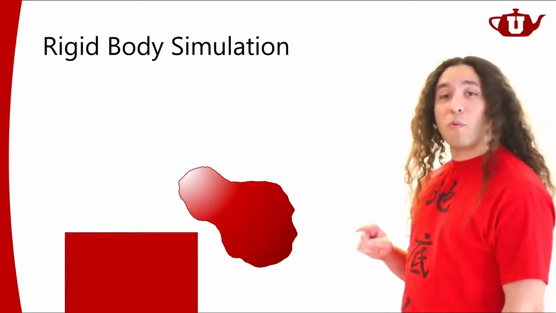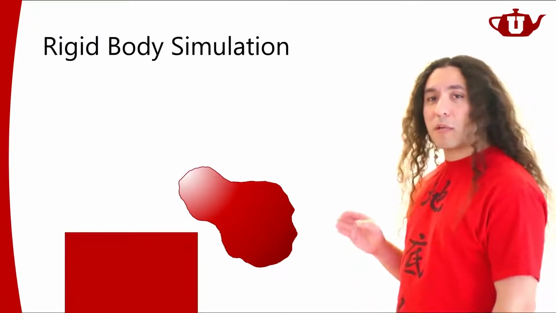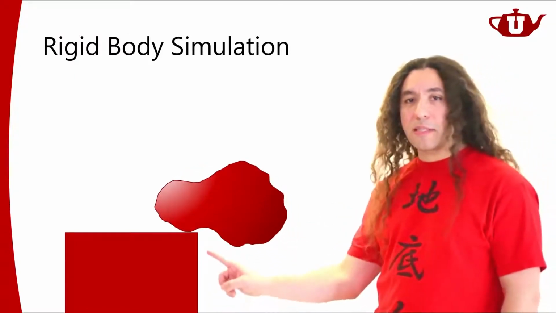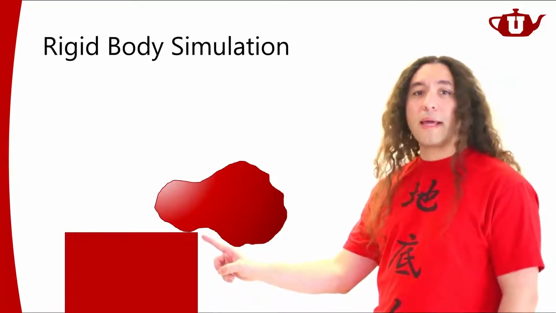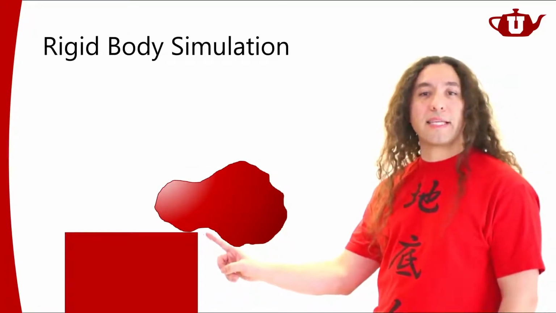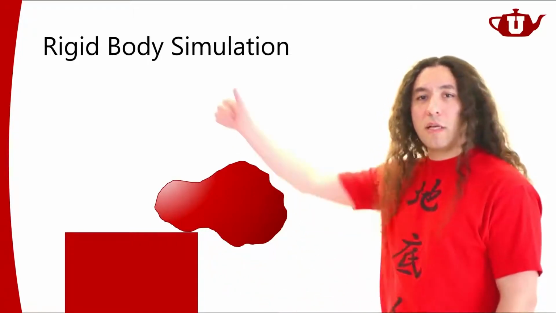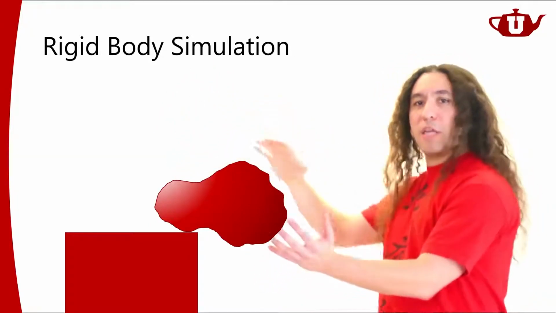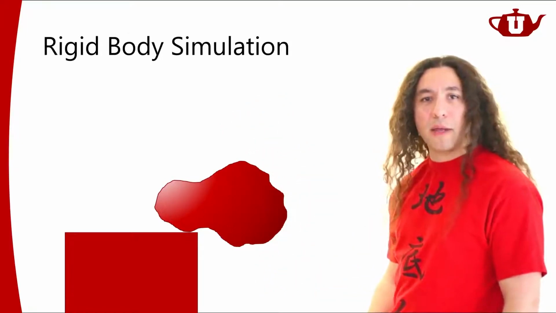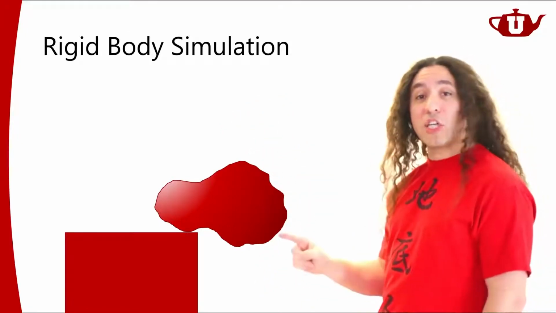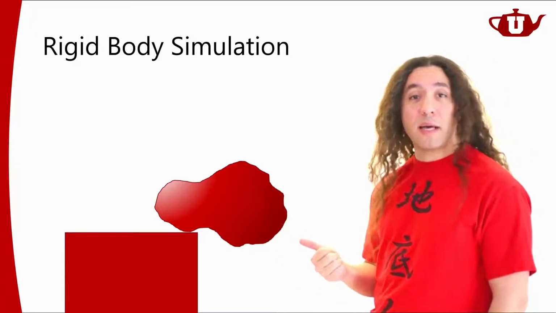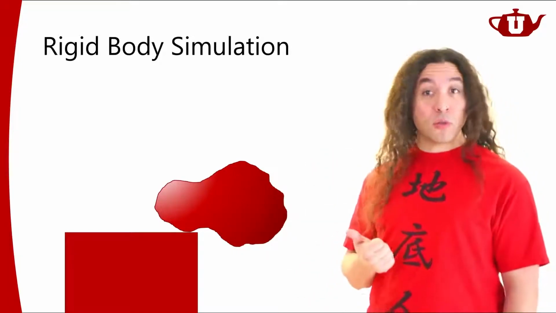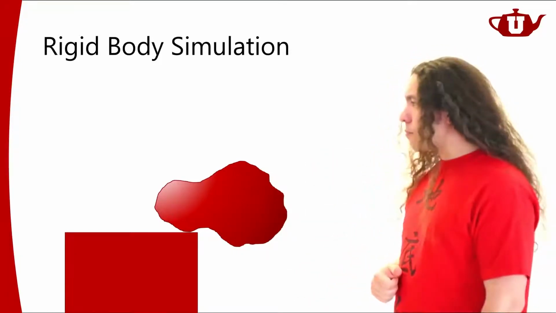So what will define what's going to happen to this object when there's a collision is where exactly this collision happens. In this case, over here. So there's going to be collision forces applied at this point in the normal direction. There's going to be some force pushing it up in this direction, and that's going to create a rotation of the rigid body, right? So we need to compute not just the force that's applied to this object, but also the torque. Torque is the rotational force, basically. We also need to compute the torque that is applied to it.